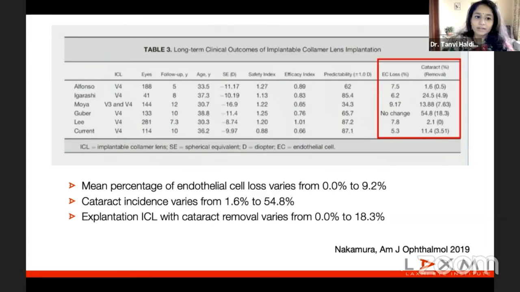We need to know that, and this needs to be remembered in the preoperative workup, and probably can be followed up after the 3rd month point, at which the surgery-induced endothelial cell loss would have been covered, and then you would know what is the further endothelial cell loss, if there is any.